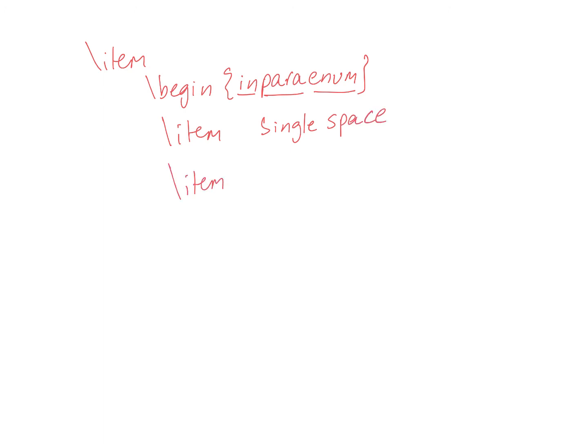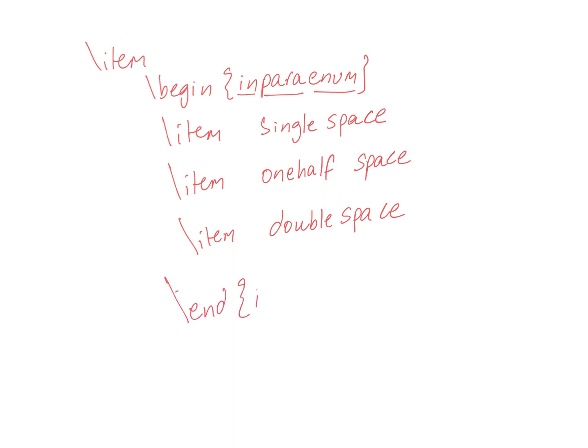Item, 1/2 space. Item, double space. And end this. And then see what happens. What happens to the setting. So in this document, in the package paralist,